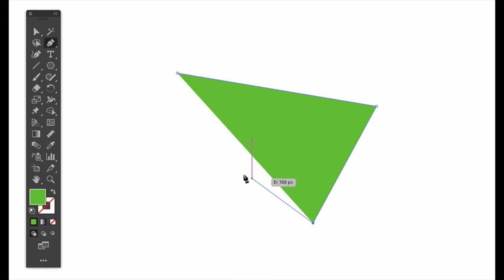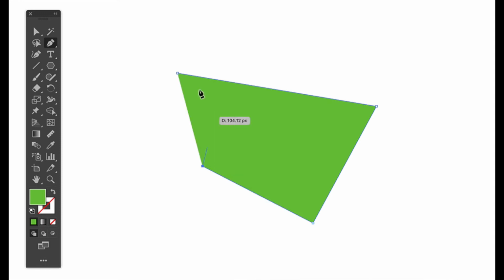Think of vector like connect the dots. You have a series of points that you're connecting together with lines, and the computer shows you what it would look like if all of those connected dots made a shape. Because vector is just a series of dots and lines, and the computer is doing all the work to figure out how it looks,